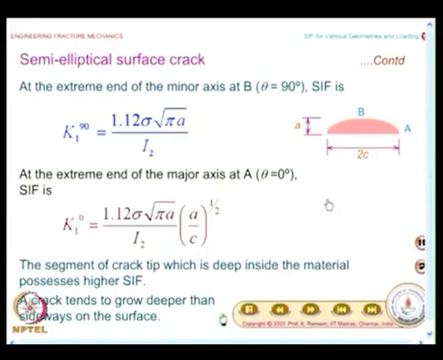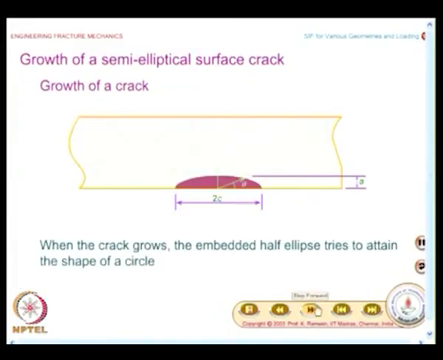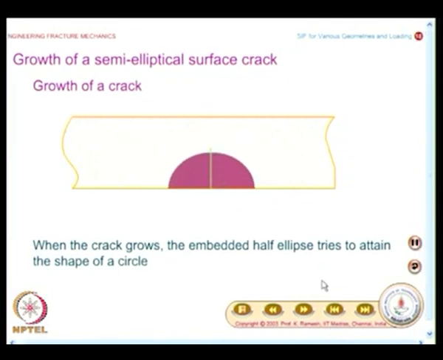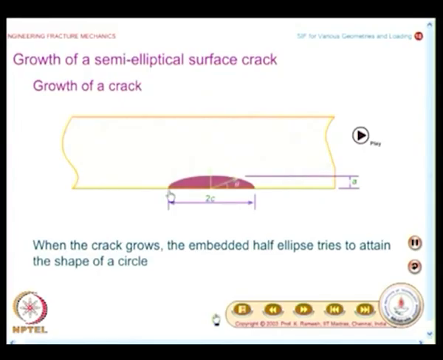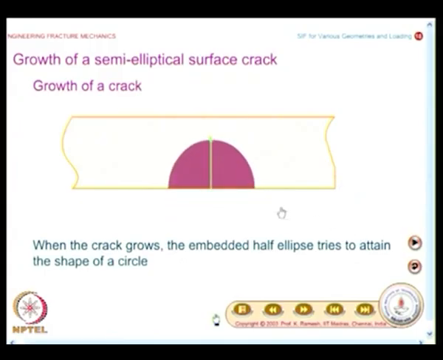Because it is possible, people have also evolved this as a criterion, and we will see a nice animation which gives you this pictorially. So, what we are actually saying is a crack which is a surface crack like this would proceed in this fashion. Whatever the flaw that you have here, it will proceed in such a fashion that it becomes a circle,